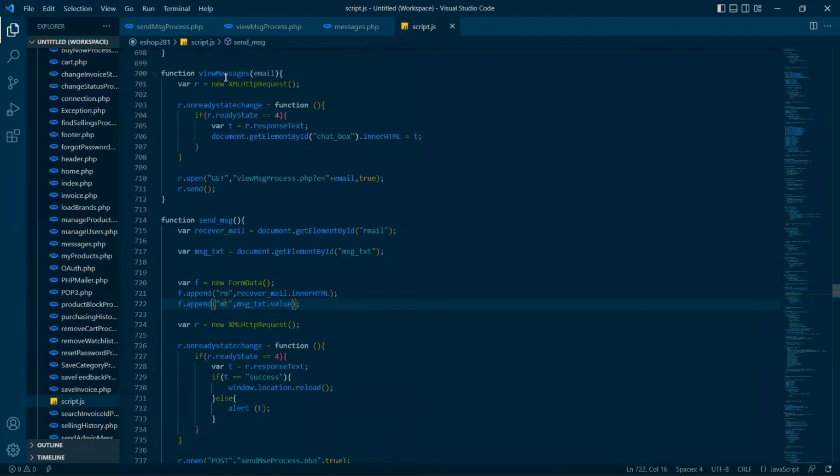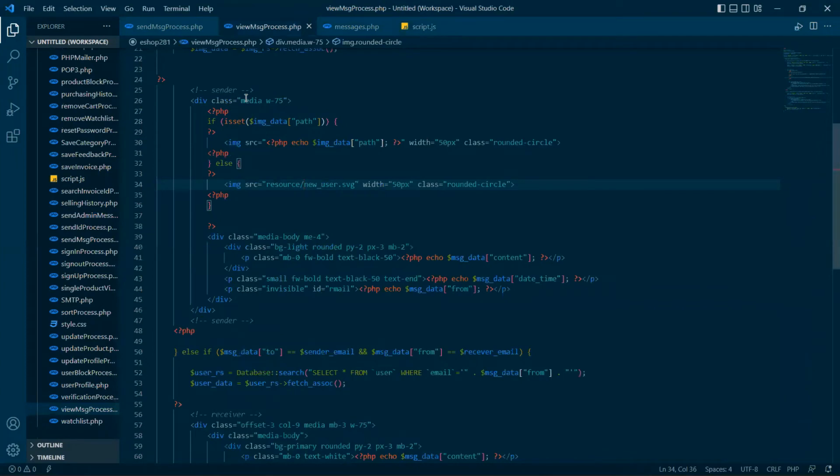Here's the view message function, which takes the value through this ID email. And using this new XML HTTP request, I will assign that value to variable R. Here I don't use any new form to append the value and send the data to the view message process. I directly send all the data using the GET method. If I show you the view message process,